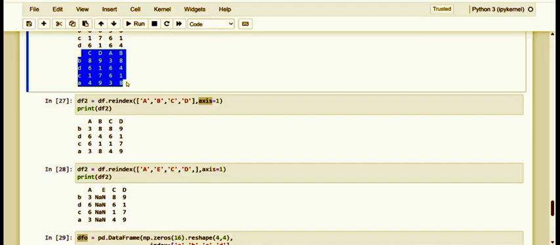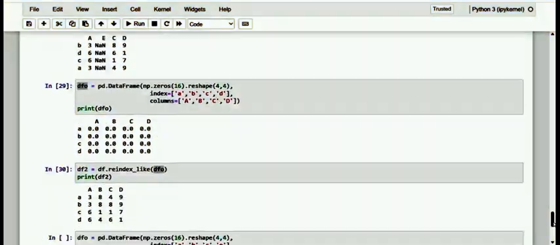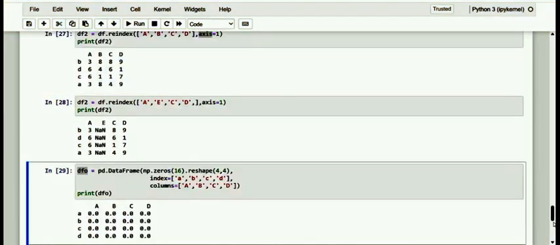Also in this case, if in the reference data frame there are labels that do not exist in our data frame on which we reindex, these rows or columns will be added to the new returned data frame with all null values. So kindly keep that in mind. Of course, let me make that too.